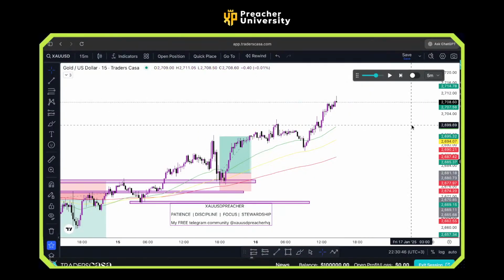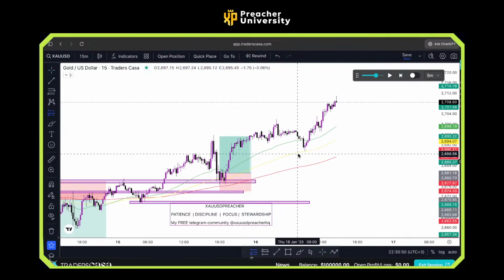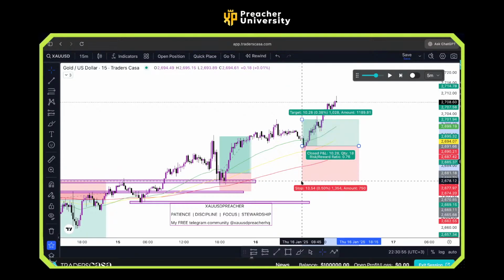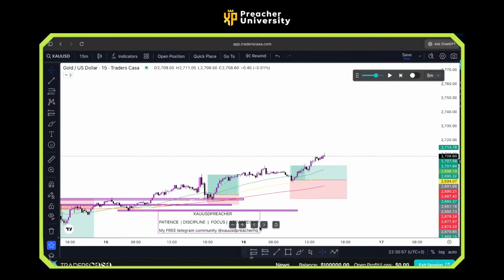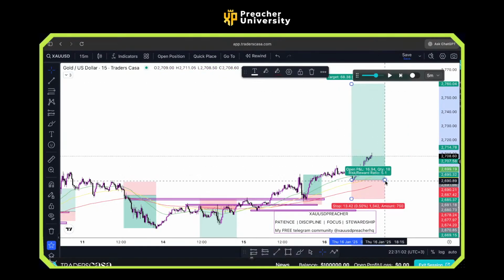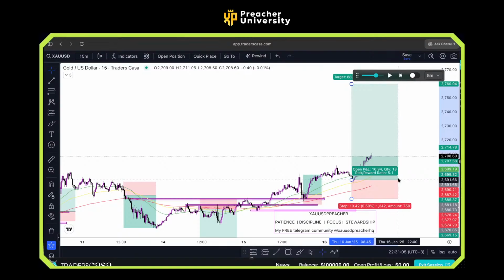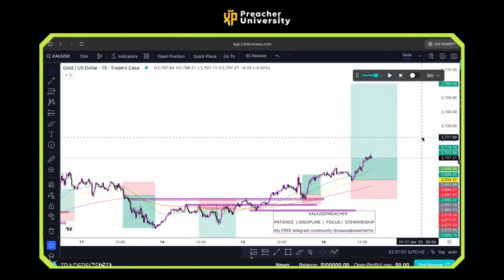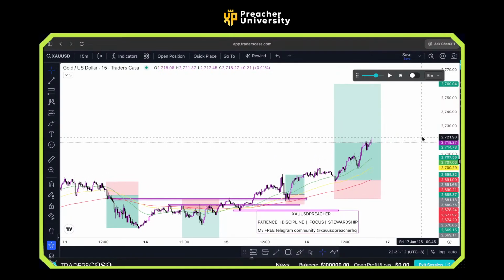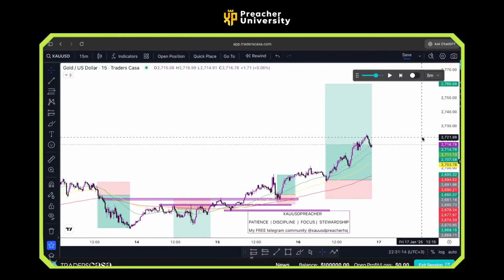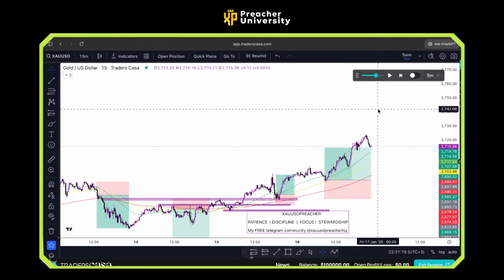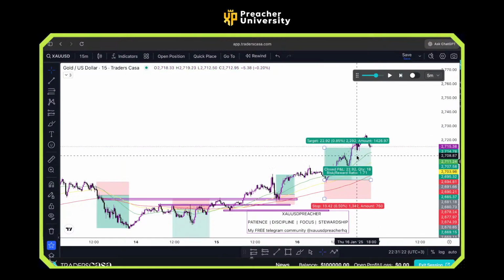So I was saying that people who are a little bit greedy, they would be like, this is it. Let's get in from here. Where's your stop loss? Right below here. Where's your TP? Of course, I look for 1:5. When do you move out of the market? By 10, I'll be out. And look at what the market did. Gave them a serious move right there. So they would have moved out of the market with almost a 1:1.7,